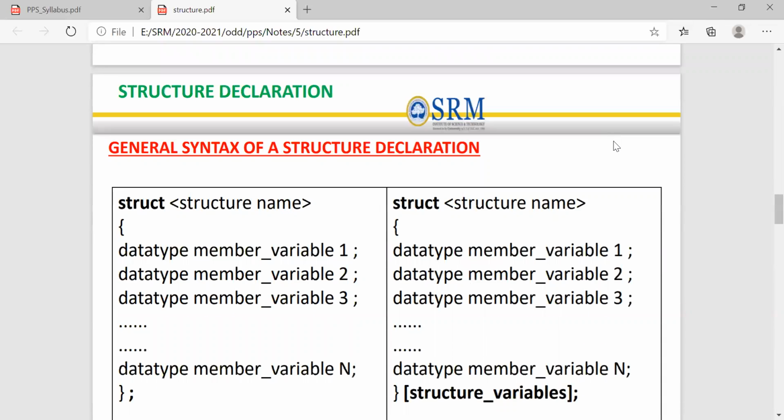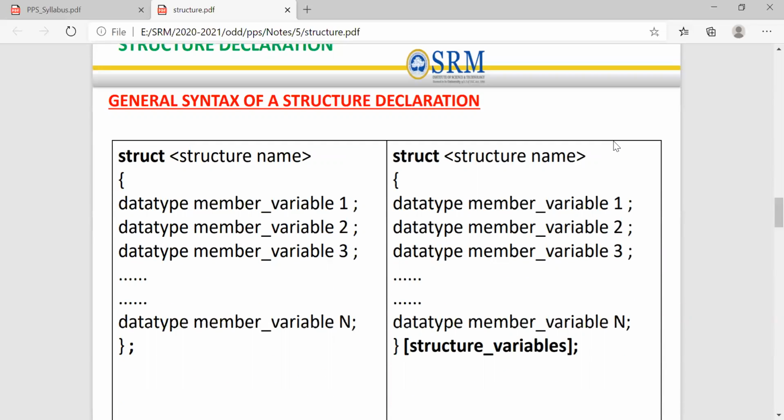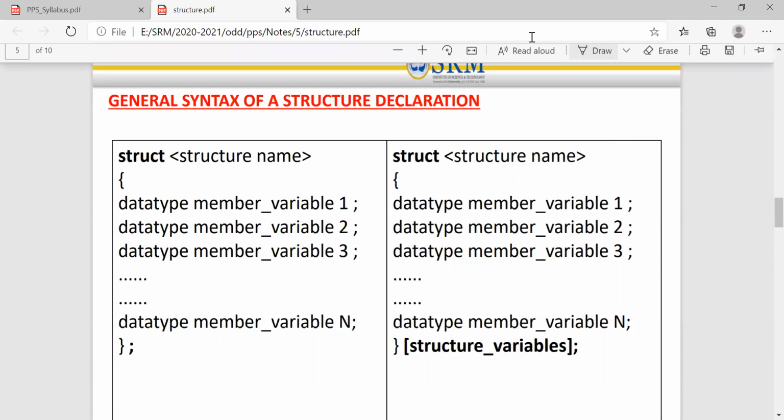So the general syntax of a structure declaration is as follows. The keyword we use to declare a structure is struct, followed by giving a name to the structure. So there should be a keyword called struct, followed by a name given to it. Okay. So here,